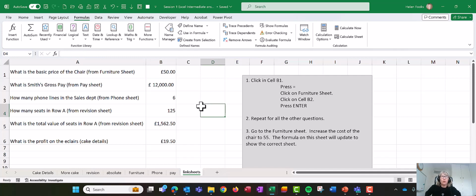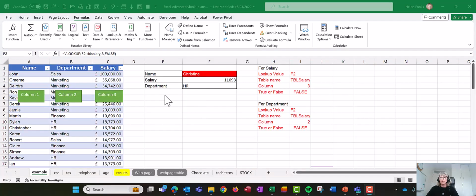It works really well for other formula. If we took this example, so this is what I use for doing VLOOKUPs,